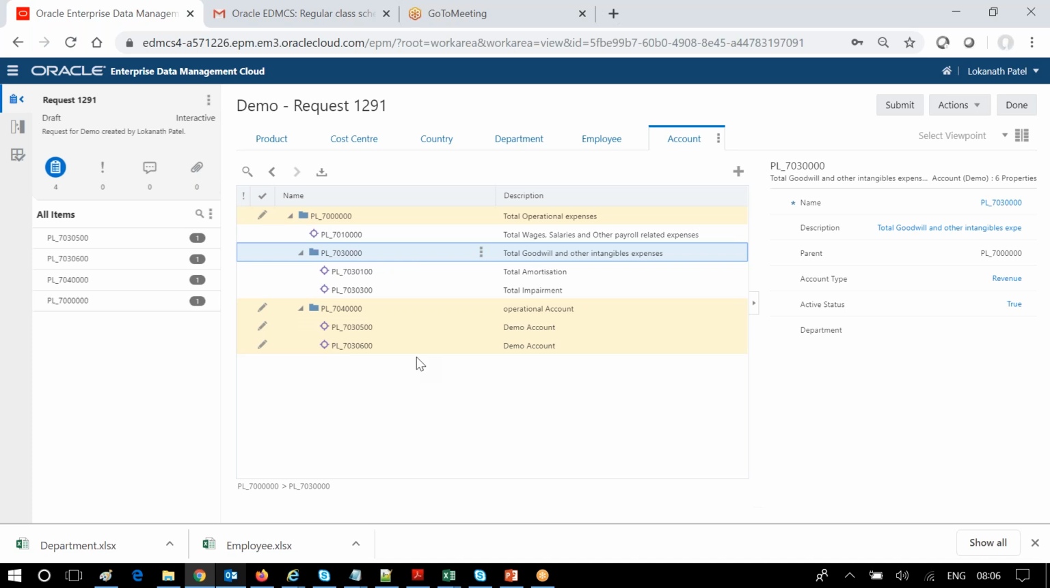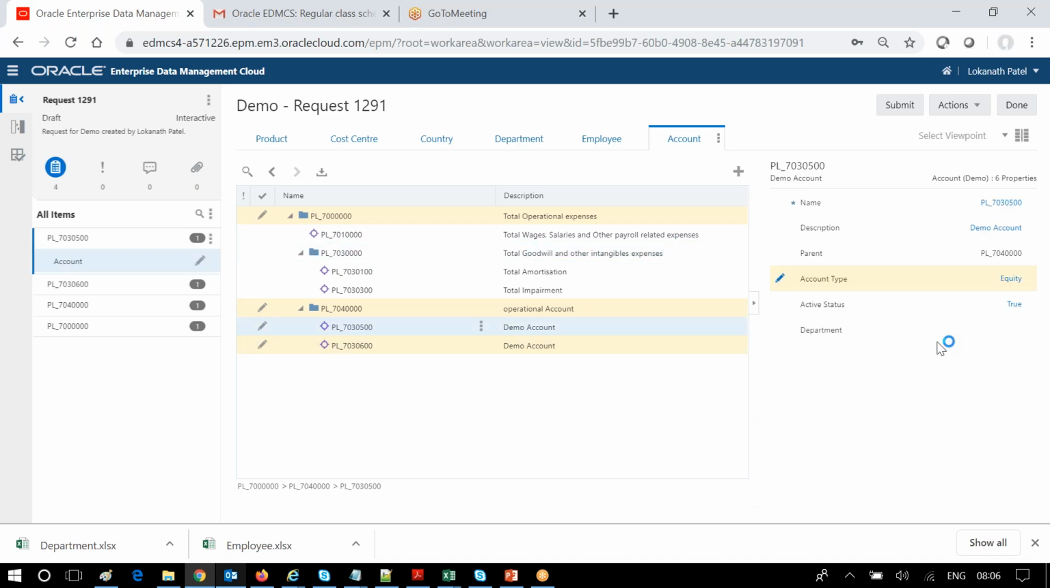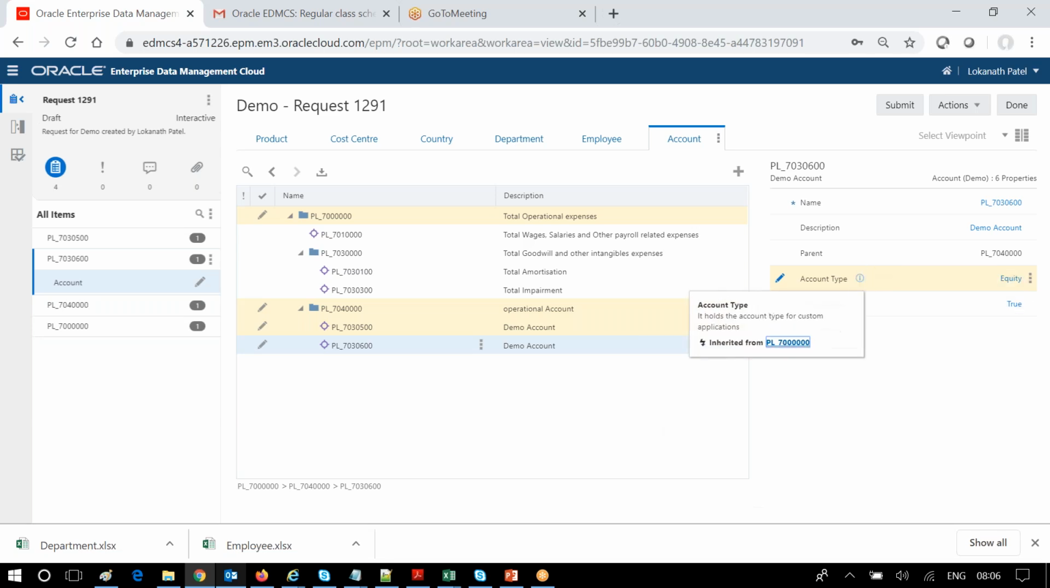Inherited property values can be overridden at the lower level to handle exceptions. So we can put a value for the inherited values, and that value will override your inherited value. I'll change this one to liability, so that will work. When I click now, it is defined, but if you go to 703000, it is the inherited value,